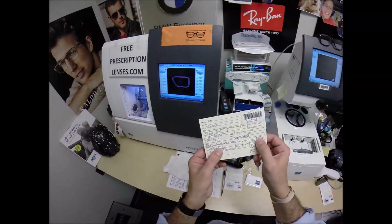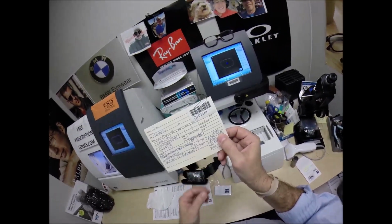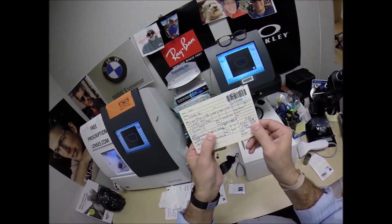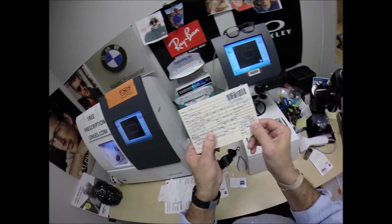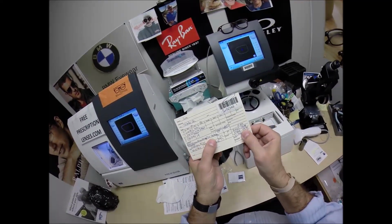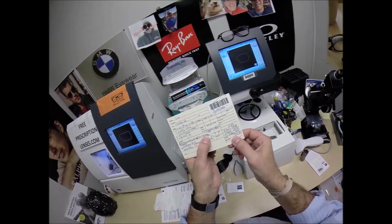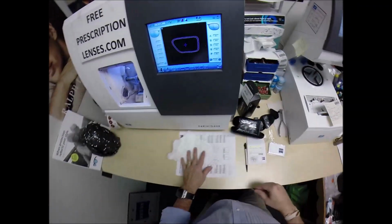Now this frame, the Oakley 8121, sells for $183. Your Zeiss Light D polycarbonate progressive lens is $149.99. The PhotoFusion Gray Extra is $109.99. The regular PhotoFusion $99, the Extra $109. I'm getting them at a great deal. I've locked in at a certain price. The Transitions Extra Active in gray or brown from Essilor is $129.99. It's $20 less for Zeiss, which normally would be $20 more, but again, I've locked in at a really good price for the first couple years, so don't worry, everyone's going to get that price. The DuraVision Platinum Anti-Glare $99.99 for a total of $542.97, and the best part about that is there is no